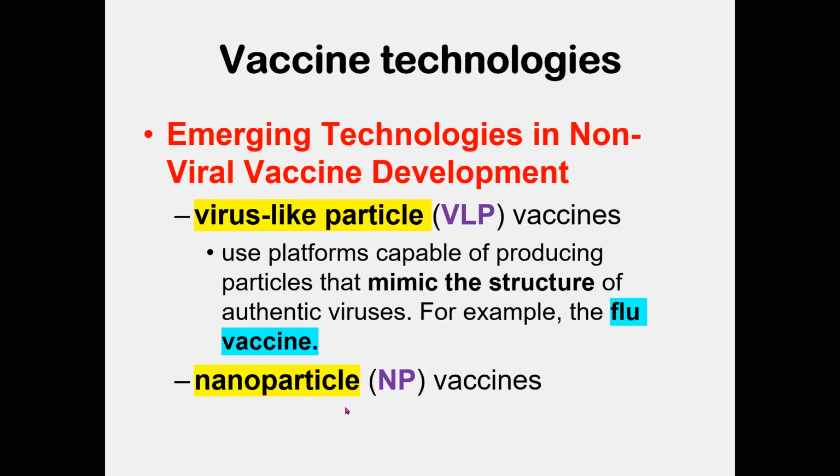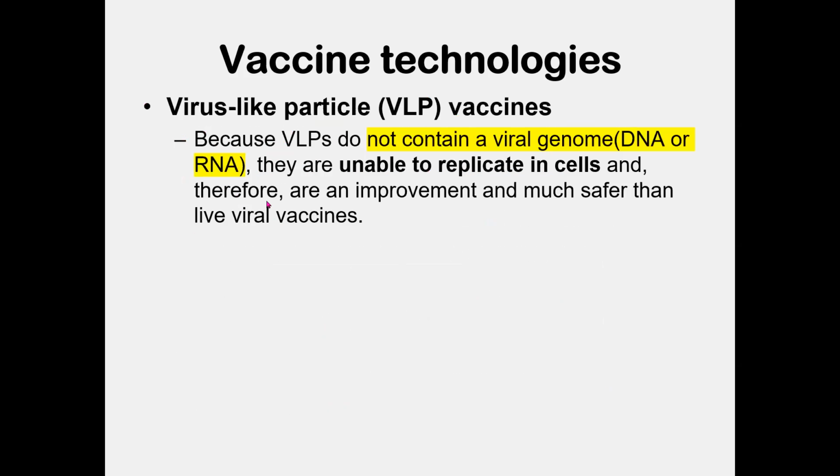And we also get these nanoparticle vaccines. So these VLPs do not contain the genome. That means no DNA, no RNA. It's only the protein on the outside. So they can't replicate in the cells. There's no DNA, there's no RNA going in, only a little bit of protein. And so this is very safe,